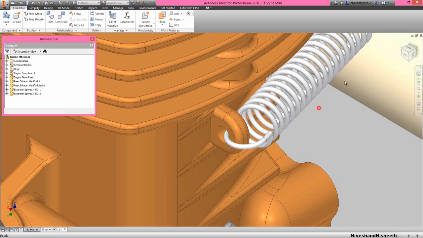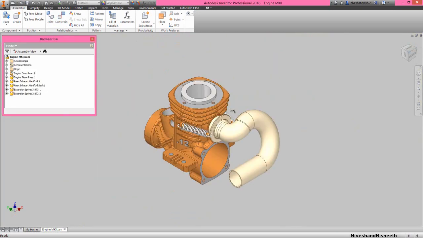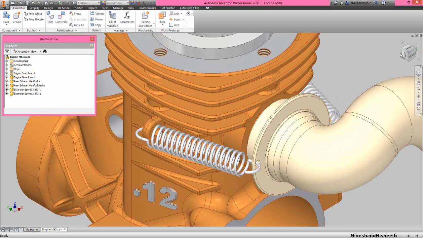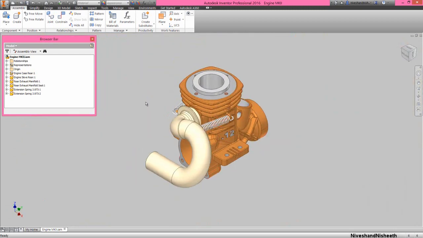Okay, now see, my two springs are fixed over my engine case rear part. That's it. Save the assembly.